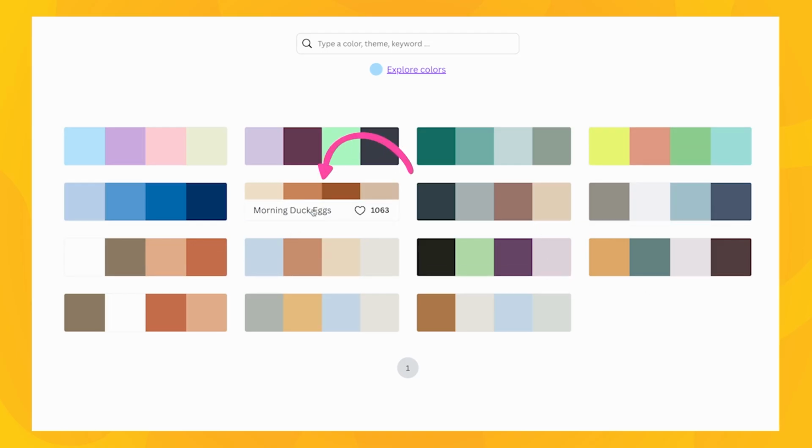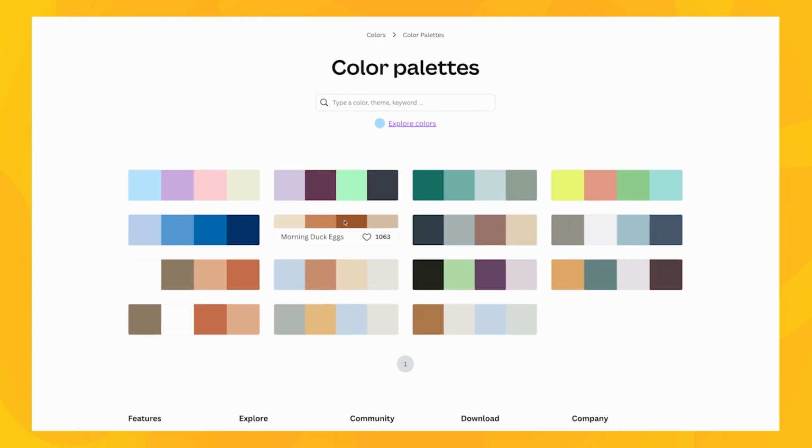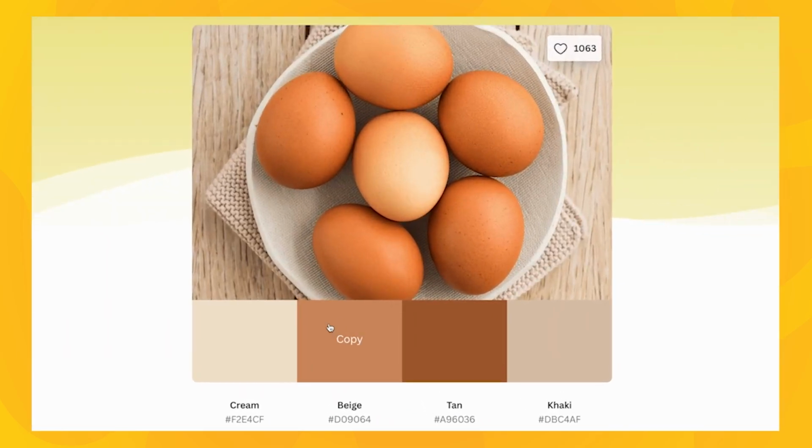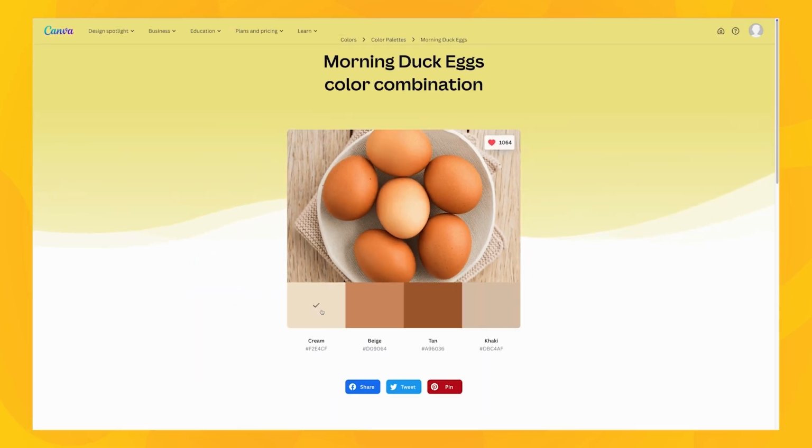Very simply, you can click on these color palettes. Let me click on this one, for example. So here we see a photo. We'll always have a photo and then the color palette corresponding to this photo. And what I like is that every color carries a name and you can see the hex code of each color as well. Something cool that you can do from here, you can favorite that color palette if you want, but also if you click on the color itself, it will copy it to your clipboard,